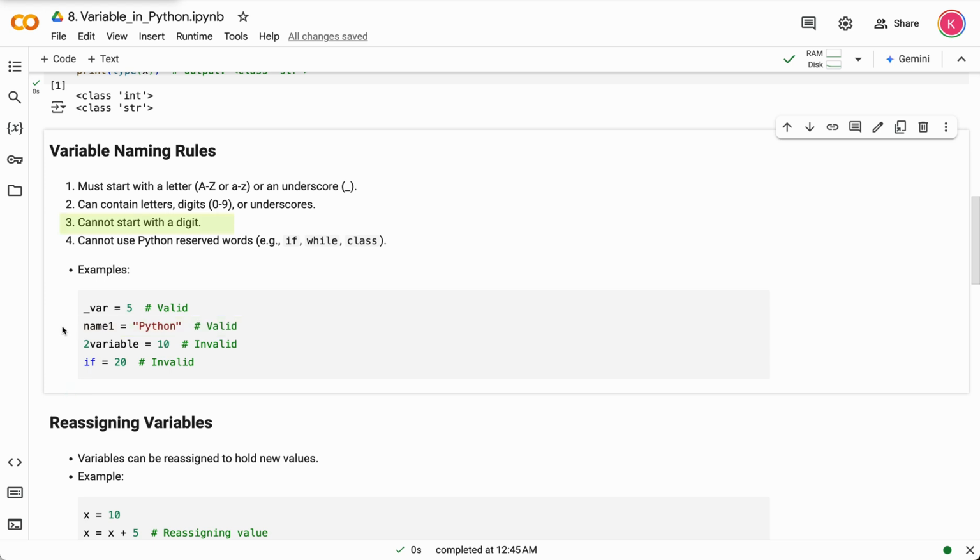However, variable names cannot begin with a digit. For example, 2variable = 10 is invalid and will result in a syntax error. Additionally, you cannot use Python's reserved words such as if, while, or class as variable names, as these words have special meanings in Python. For example, if = 20 will cause an error because if is a reserved keyword used for